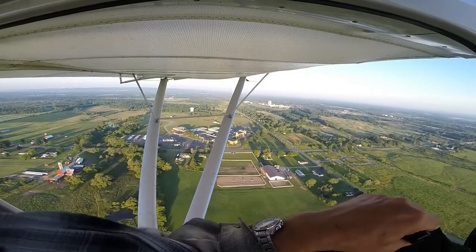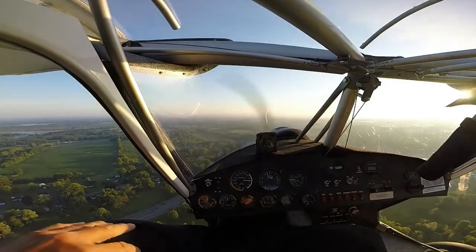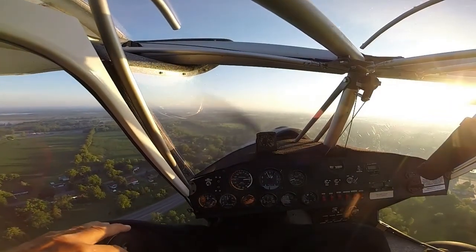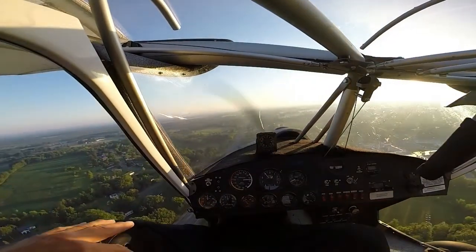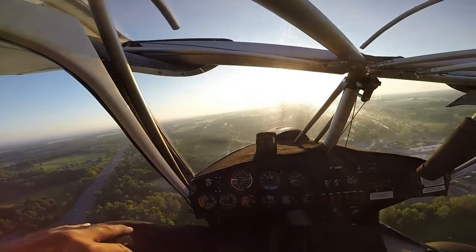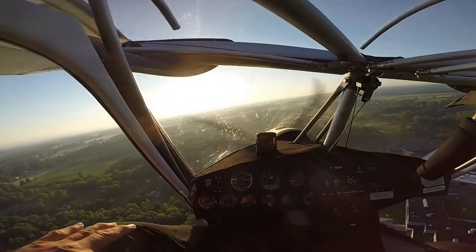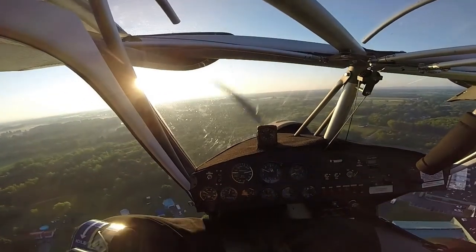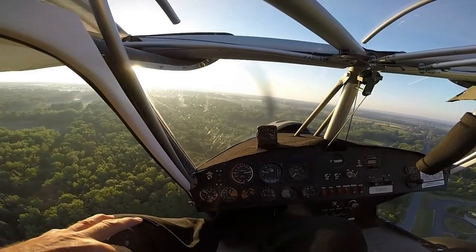And we're going to go ahead and make the approach over the trees like we normally do because there's no wind. But as you can see, that rising sun is pretty bright. We still got a little bit of mist, so let's get the airplane slowed down. I'm carrying a little more altitude because I wasn't sure whether or not I'd be able to see the runway good enough to land, but I got a good view of it there. It's hard to see in the video, but right there,